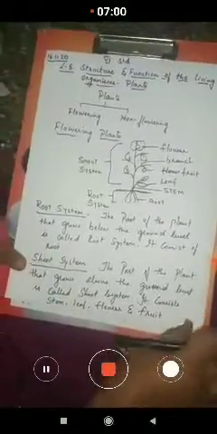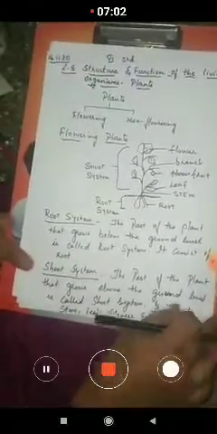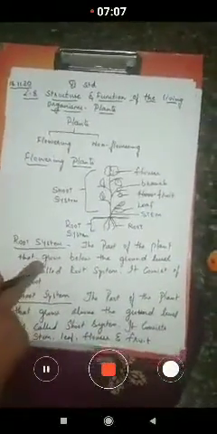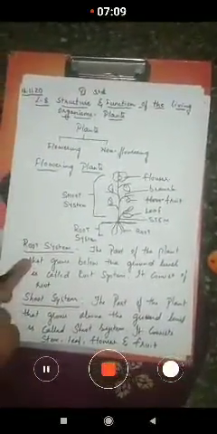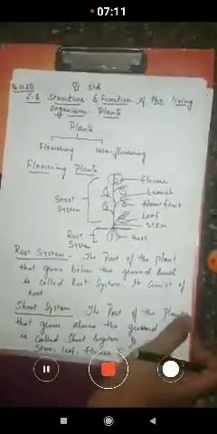Now we'll move on to the further topics, one by one we are going to study. First we are going to study about the root system. After finishing the root system, we'll move on to the shoot system, children. So now we'll move on to the root system. Now, I think everyone knows that. What is root system? When you take up the root system, it consists of only the roots.